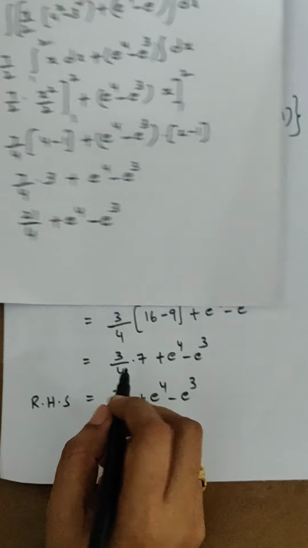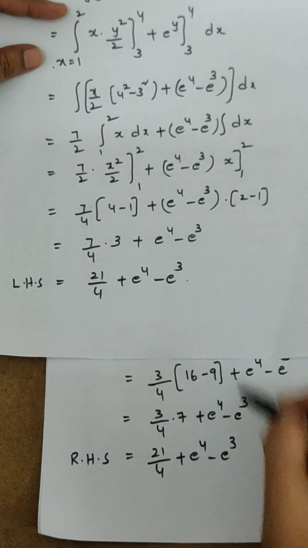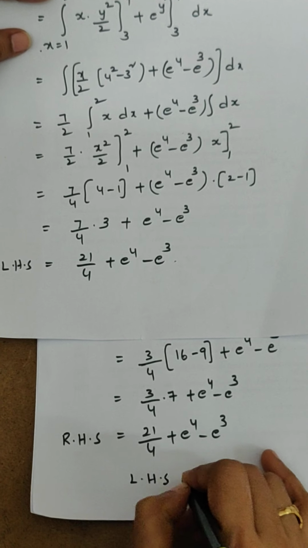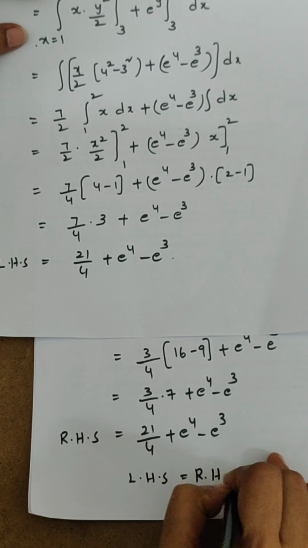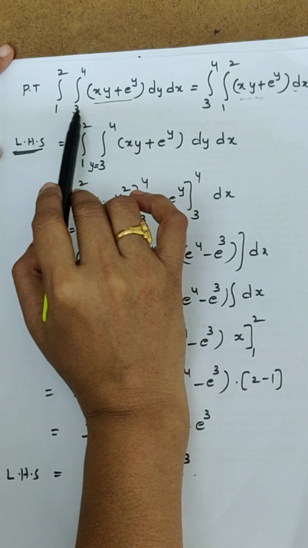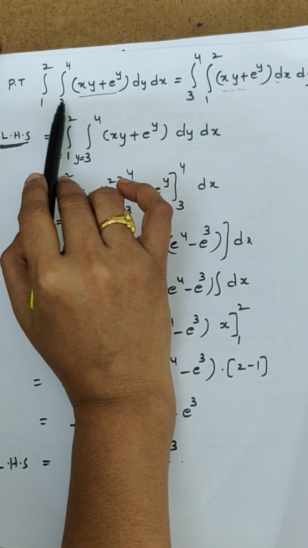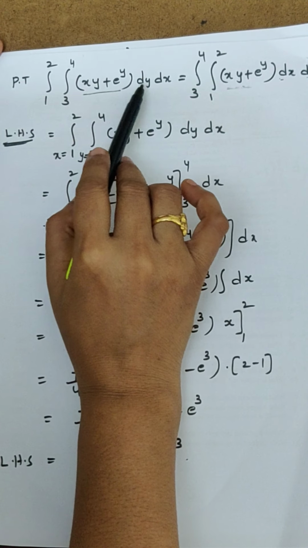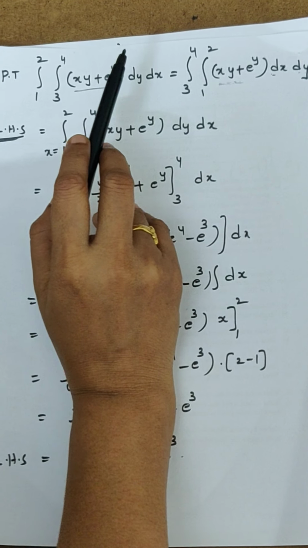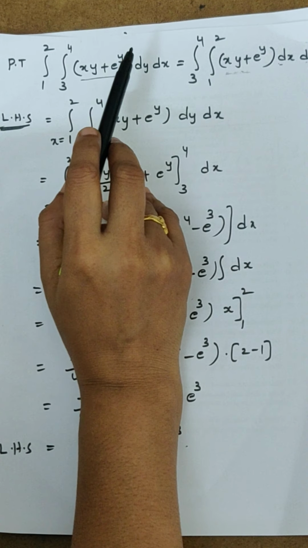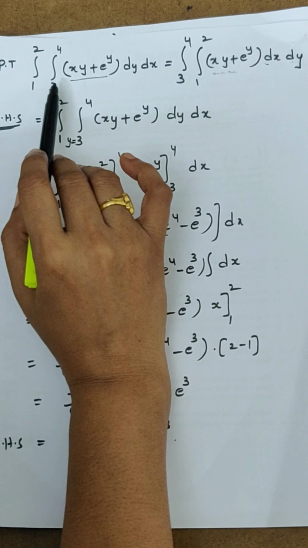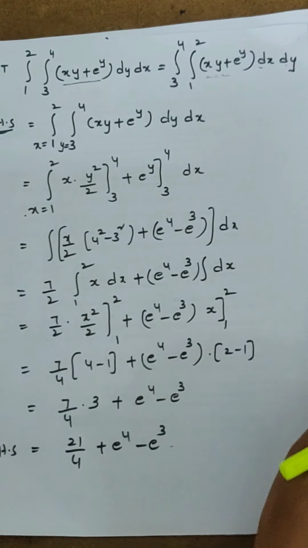So the LHS part integral evaluation and the RHS part integral evaluation are both the same. So from this problem what you understand is, in the case of constant limits in the double integral evaluation, if both the limits are constants, the order of integration is immaterial. We may do with respect to x integration or with respect to y integration by keeping the other constant. But accordingly you have to change the limits also. So that is the point we have to remember.